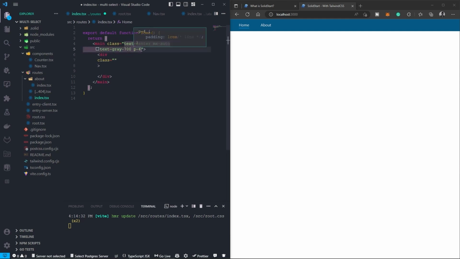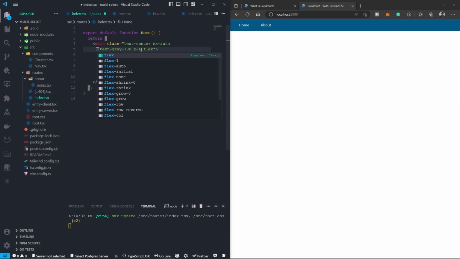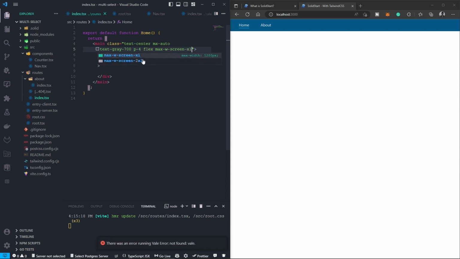Let us make this a flex, and max screen to be something like XL, no, not to be XL actually. That one seemed like a very good sizing, but for this screen I believe it still will be taking everything. And then let us also make this one flex,